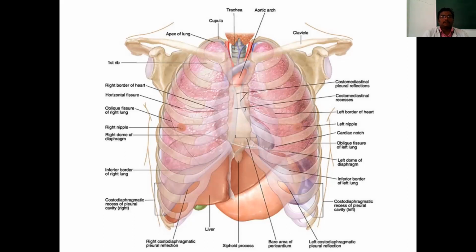Next, what are the other structures? You will get your largest venous channel, that is your azygos system of veins. Next, you will have the largest lymphatic channel, that is your thoracic duct system. So these are the other things present inside your thoracic cage. The lung is covered by a covering called pleura, which also helps in protecting the lung.